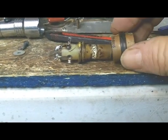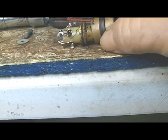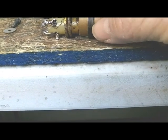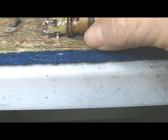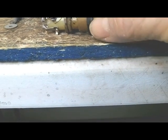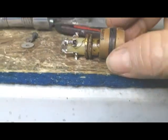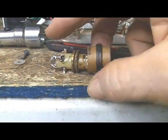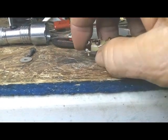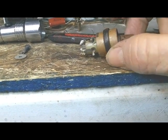I got a bunch of these slip-over primary coils made for old antique radios, and this one is 3/4 inch in diameter. I needed really a 1/2 inch, but I didn't have a 1/2 inch. All of mine are either 3/4 or 1 inch. But I think I can slip it up over this primary or this secondary,